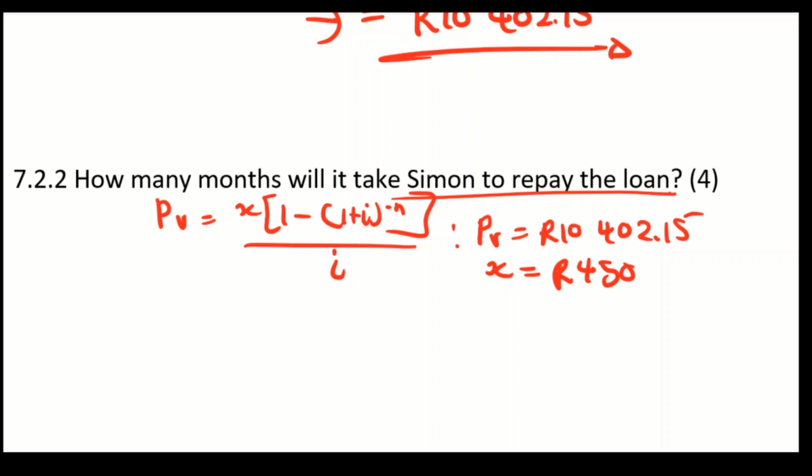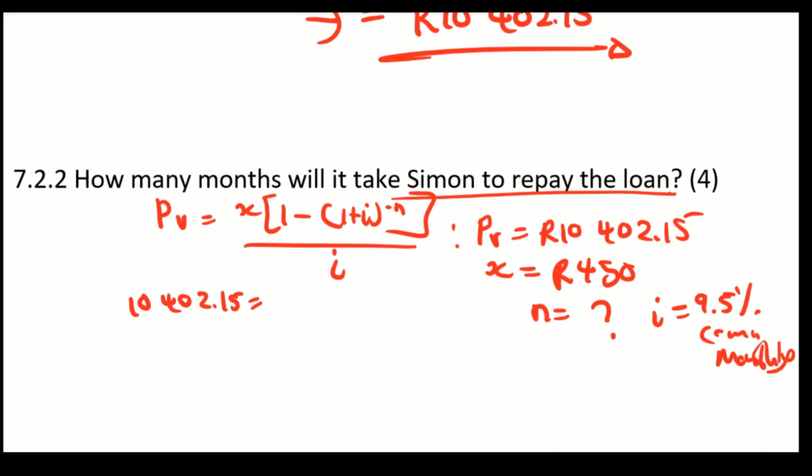And then my n is my number of payments, which I don't know. It's what I'm looking for. But I know the interest rate is 9.5%, so it's 9.5% compounded monthly, right? So I'm just going to substitute that here. So it's going to be 10,402.15 is equal to 450 into 1 minus 1 plus the interest rate of 0.095 over 12